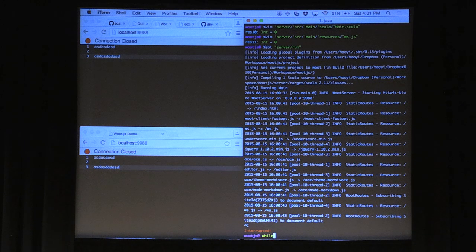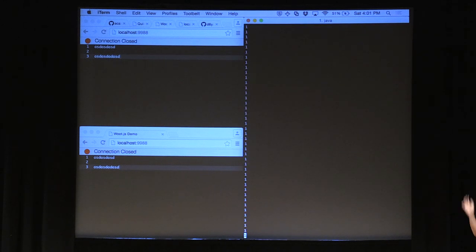So for example, I want to do while true print line. Oh no, it's runaway code. Oh no, kill it. Get on with your life. So this works. And as you can see, making changes and stuff works too. You can basically do anything you could do with Bash using Ammonite.